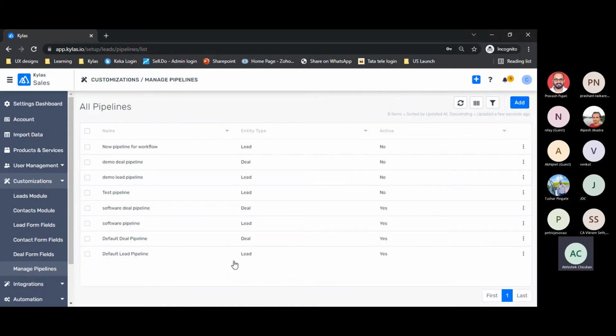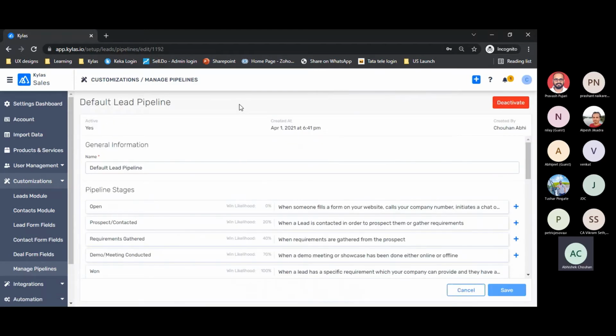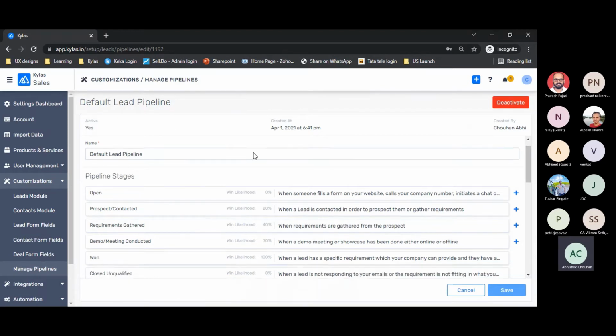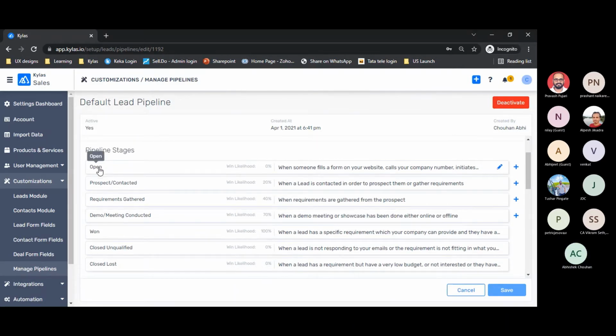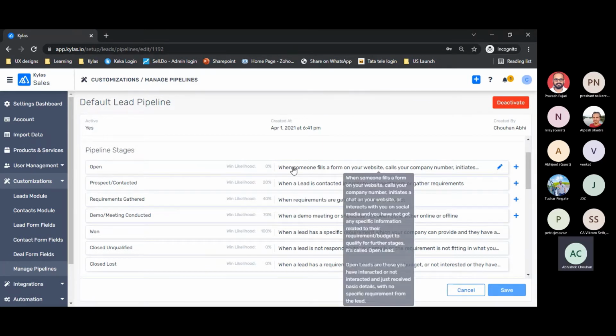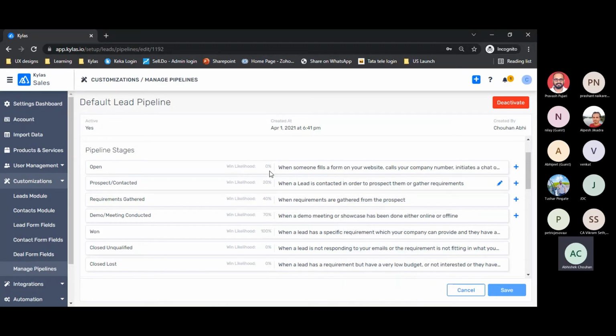Or before that, let me show you some typical stages that we have mentioned in the lead pipelines. So when I click on that, it looks like this. This is the pipeline details page, and these are the stages. Every stage has its own name, its win likelihood, and the description. Let me put some light on the win likelihood. As you can see, this is a number in percentage. Okay. So win likelihood of any stage